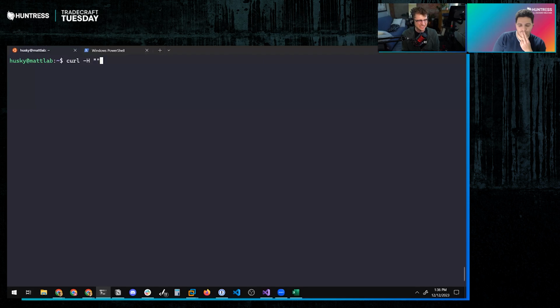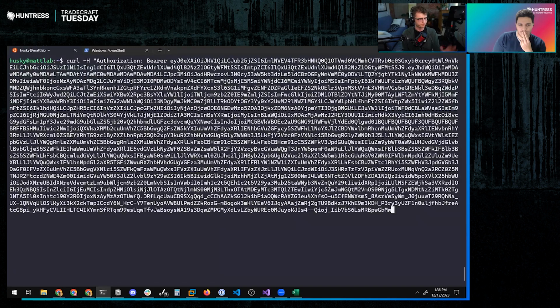And this is as easy as teeing up a curl request, if I spell bearer correctly. That is saying, hey, we're going to authenticate to the Graph API, in this case https://graph.microsoft.com.